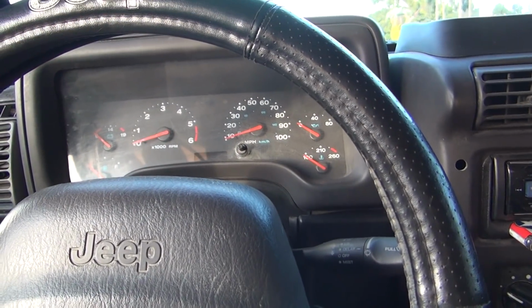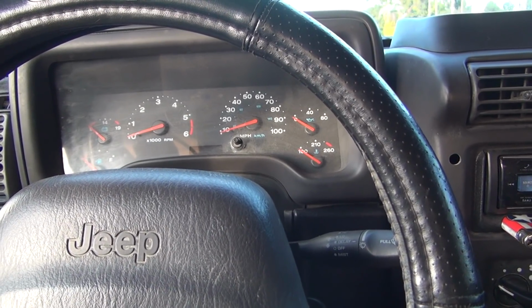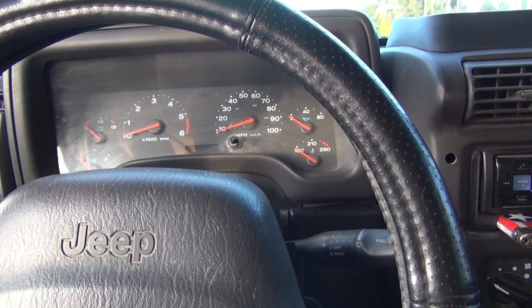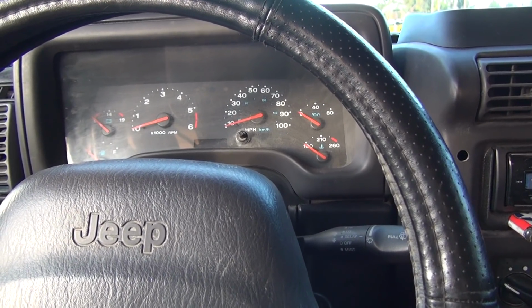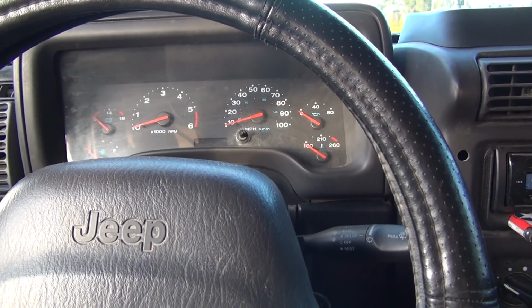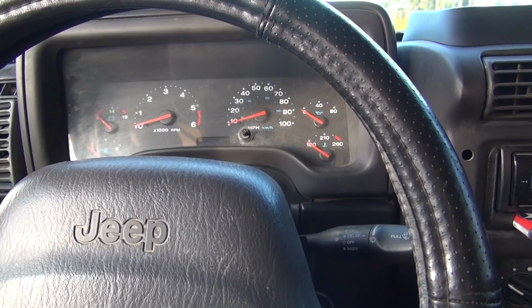So the Jeep originally, when I got it, was pretty beat up. I think I told you about that in a previous film. The thing wouldn't even go 45 miles an hour down the highway. Of course, it doesn't do much more than 55 or 65. It's kind of dragging. Now, eventually, we're going to put a new engine in it, but for now,